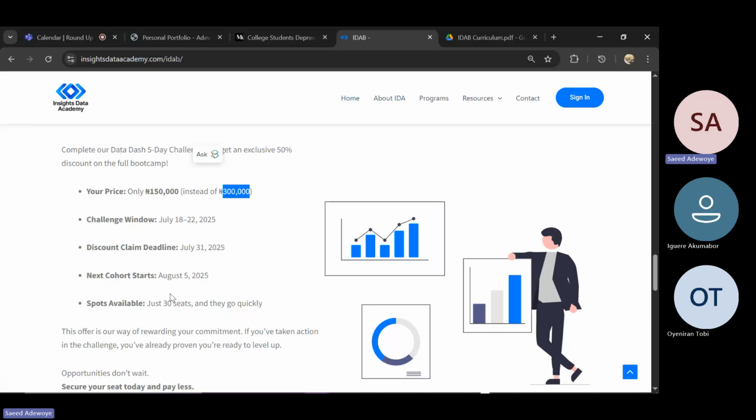With the mentors we have on ground, about 3 of them including me, the lead instructor, we can only manage these 30 effectively, without having hundreds of students.